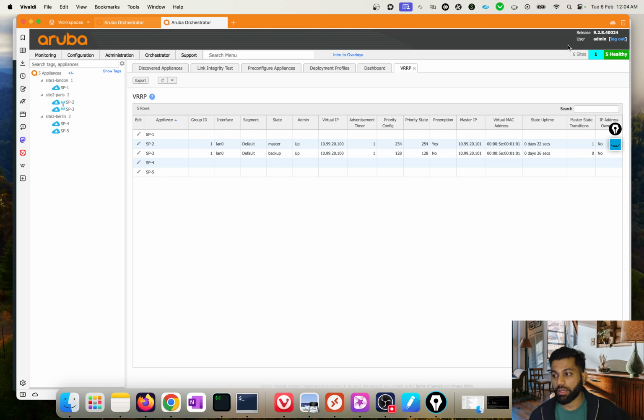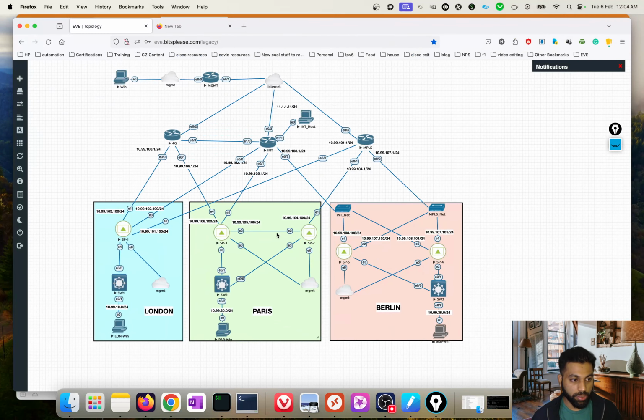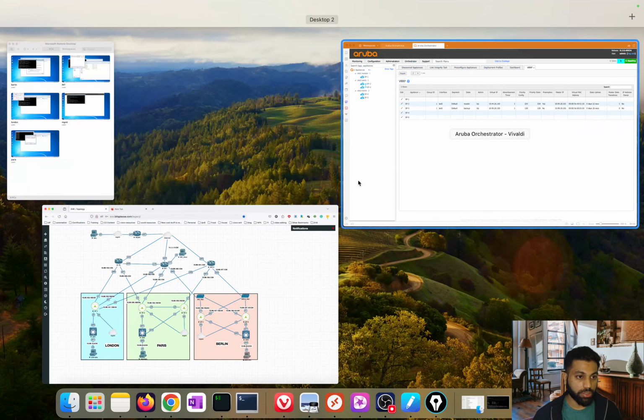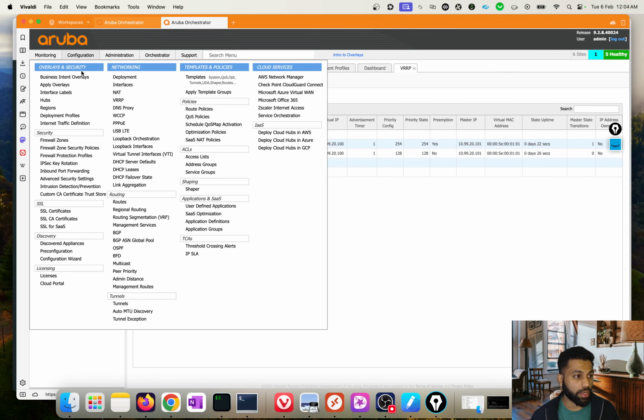All right, so now we have set up the HA, but let's look at those tunnels, the logical tunnels which we spoke of. What I mean by logical tunnels is that along this interface, we have those logical tunnels because of which these two guys are able to share those WAN uplinks. So where do we check that? Let's go back to the orchestrator, and let's go to configuration, networking,